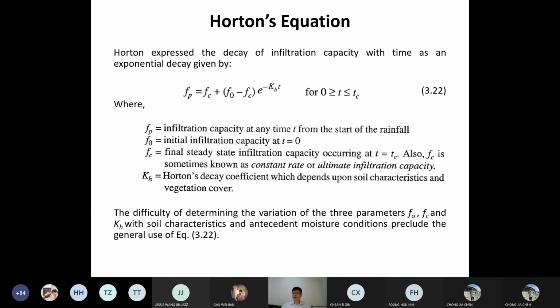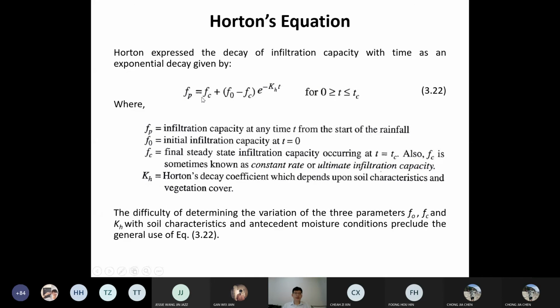Horton did a good job. He gave the equation for you, apart from the measurement. Just now, for evaporation, we had the evaporation pan, and for infiltration, we have the double ring measurement equipment. And just now we had the Meyer equation for evaporation. For infiltration, if we don't have the data, no need to worry. We are still able to estimate using the Horton equation.